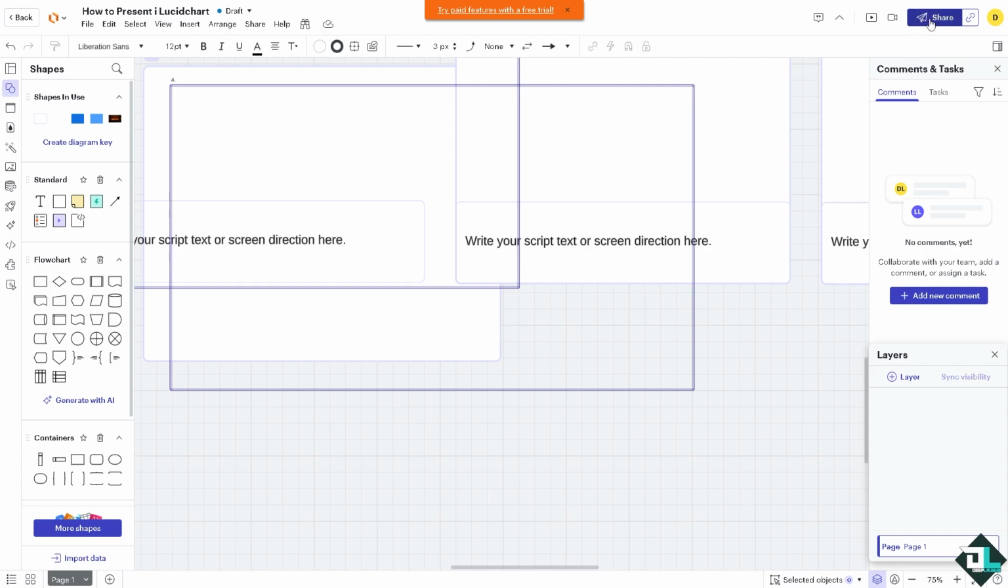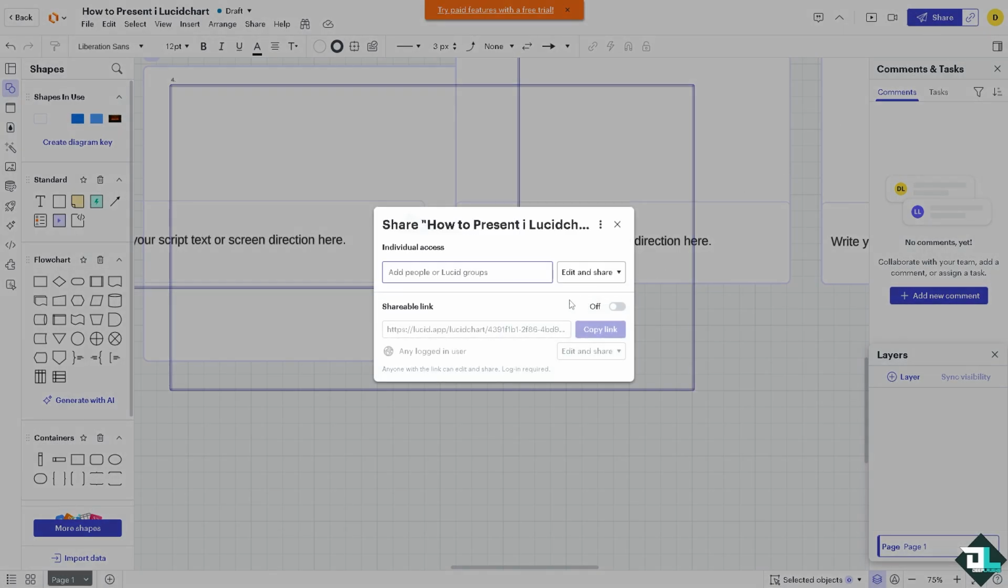presentation builder, you might want to click on the share button. You can share the presentation to your client or to your team member by putting in their name here and the email address. For example,